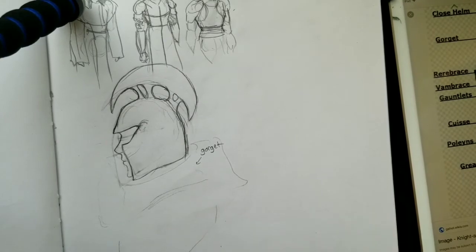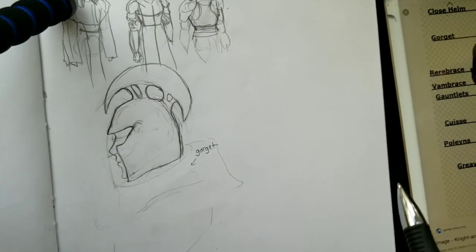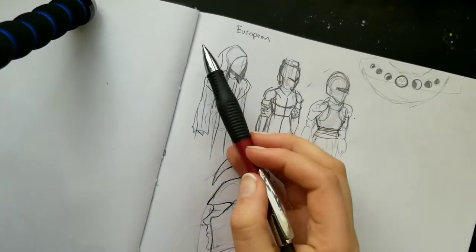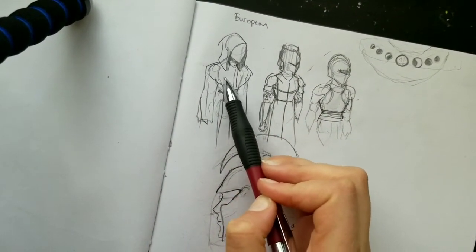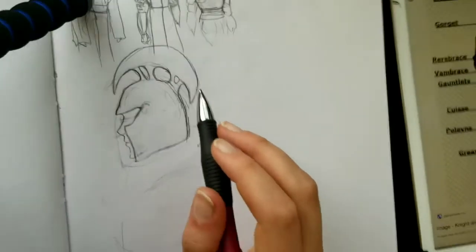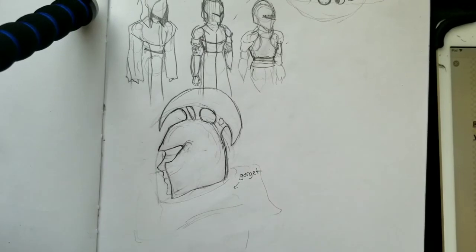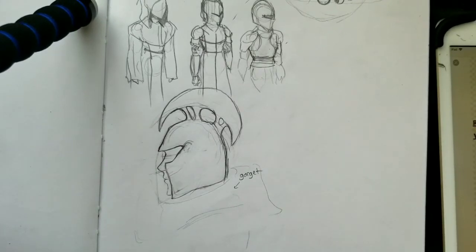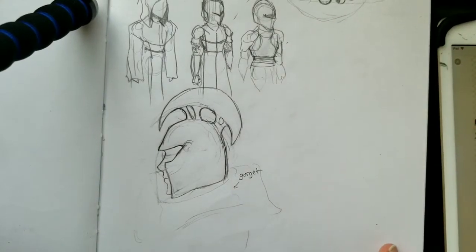Okay, so because of his helmet, he's not going to have a hood like this manga drawing that I have. He's not going to have the hood. I mostly like this shawl that wraps around. I am a huge fan of capes and shawls that wrap around a heavy set of armor. I really like that design. So what we're going to do,